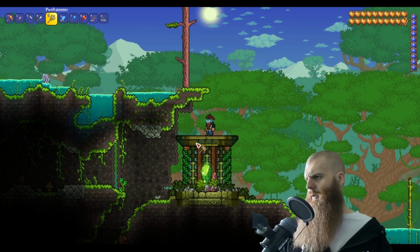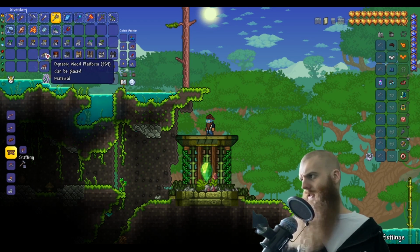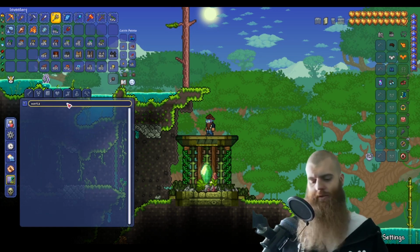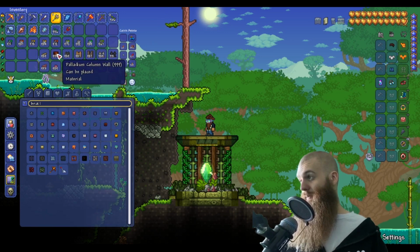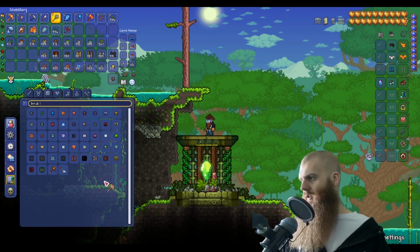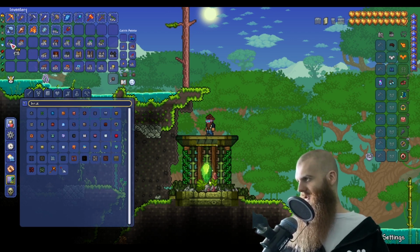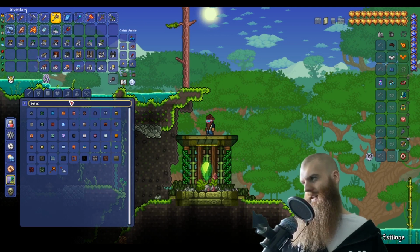Alright, so I said I wanted to put a background wall here, and I'm not sure I actually grabbed the one that we want. Doesn't look like it. Let's find us a brick wall here, and we'll pick this one on the fly. You can use any of the walls that you like. That Palladium column paints really nicely. It's a very vibrant color, so I think that one looks pretty swell. But I think for this one, I'm going to use my deep yellow, and we're going to try...